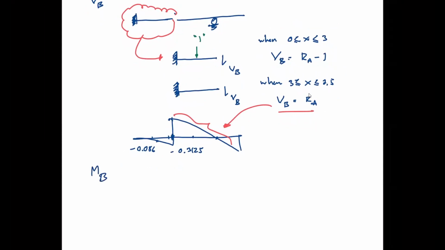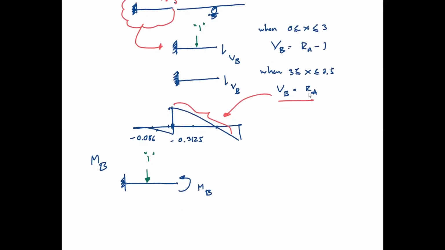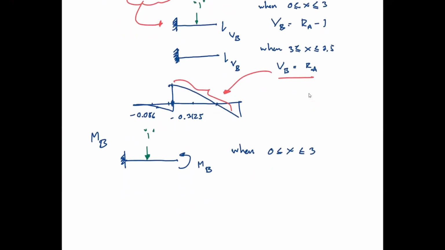Again, from this I can use this, you know, from pretty much the same, this guy. Now I can write another free body diagram. Okay. MB this time, the first one with the unit load on it. Okay. So basically this is when the unit load is from 0 to 3. Now your MB